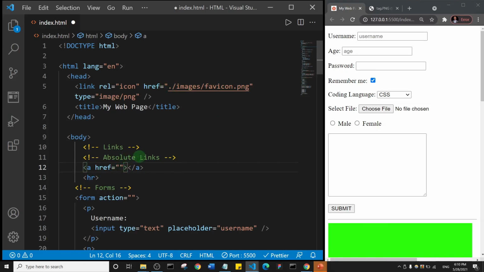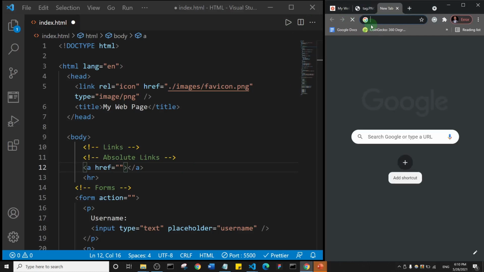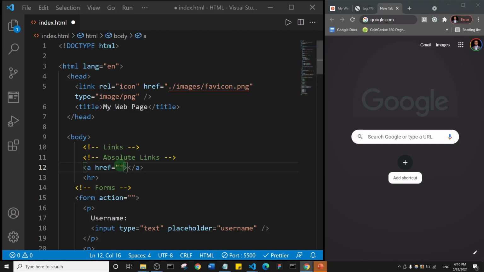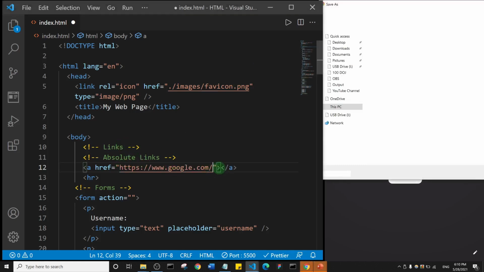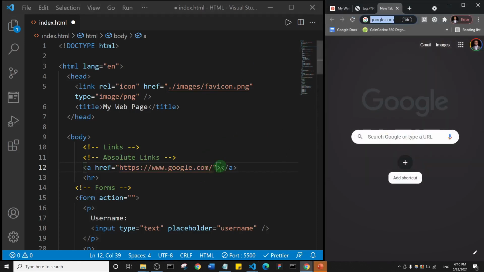So now we're talking about absolute links. Absolute links simply mean that you are going to a website that is entirely different from your website. So for example, if I go to Google, let me just type Google here, Ctrl C, and I come here and paste it in. Escape. If I come here and say Google